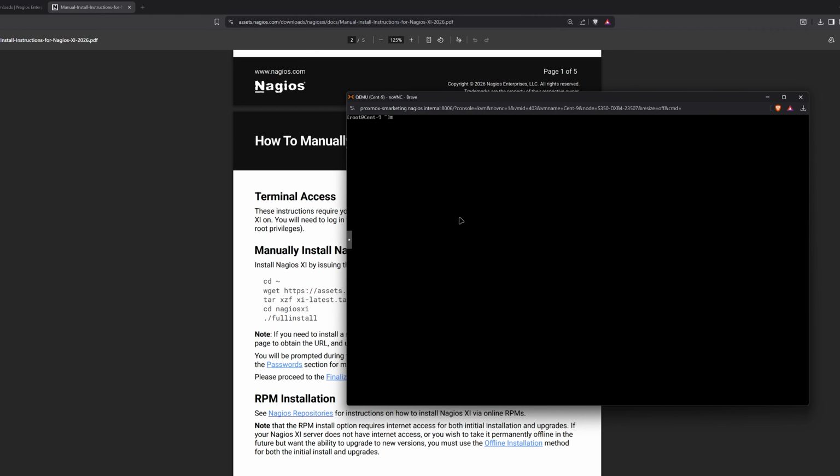First, prepare a Linux server or VM running a supported OS and version. You could refer to the OS Compatibility Matrix linked below for full details. Now we'll run the following commands as a root user. cd ~